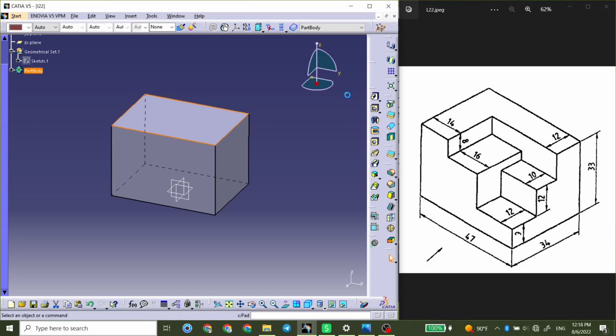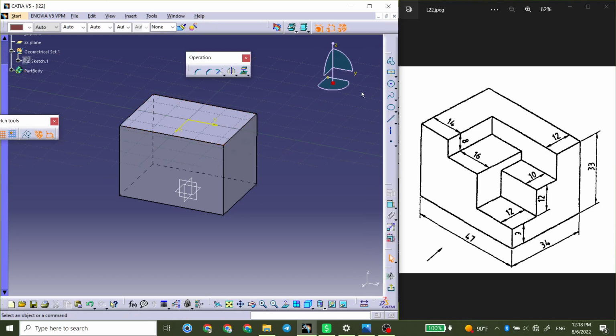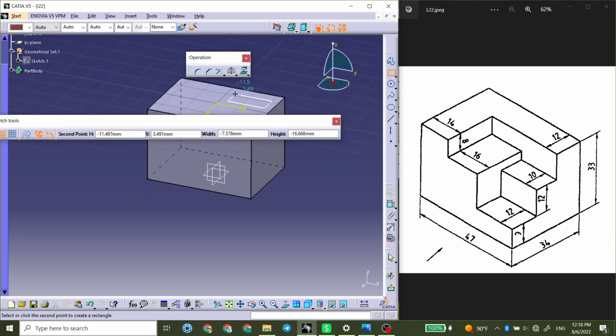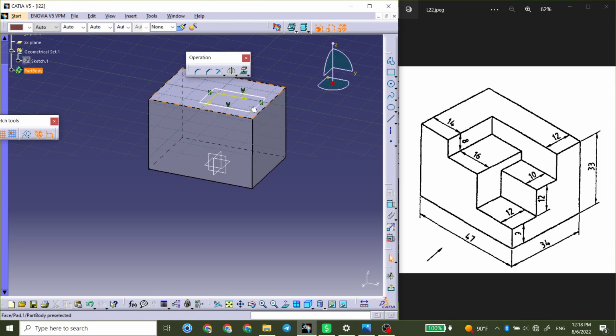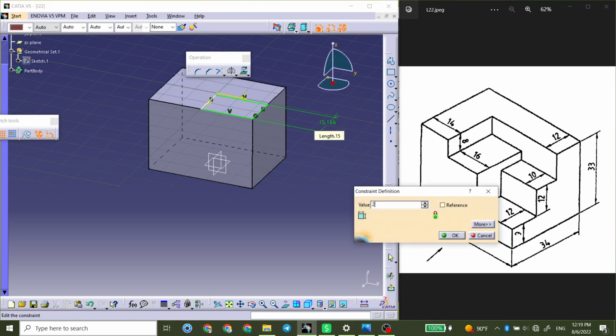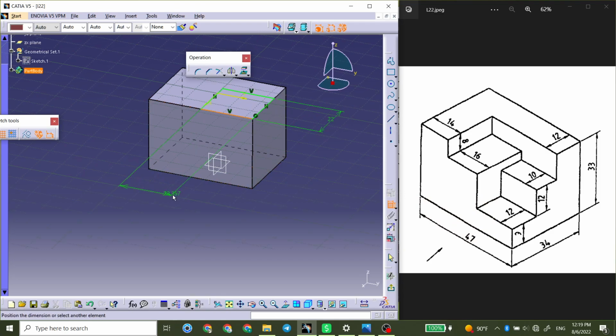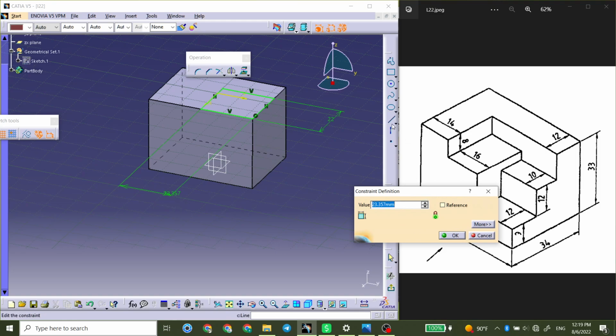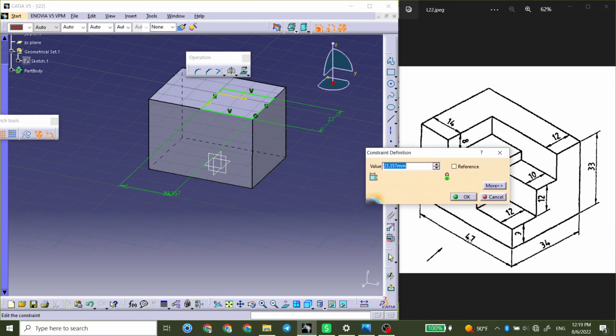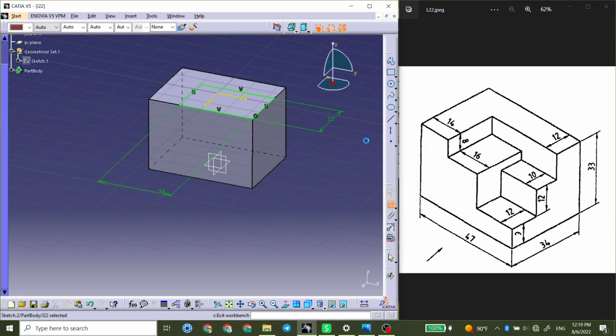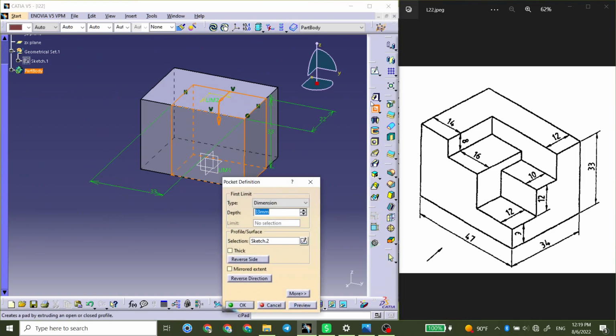And now we are going to make a sketch on this top screen, and we want it to be a rectangle, and I want this point to be coincident with this point, and this side should be 22, and this side should be 47 minus 14 will be 33, and we must pocket this to 8,